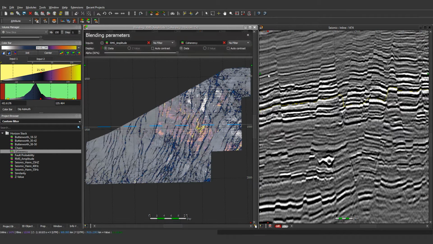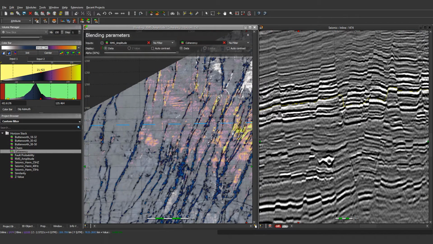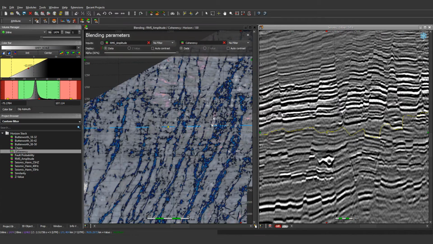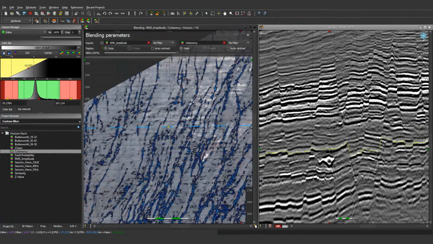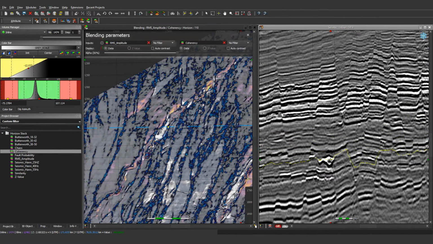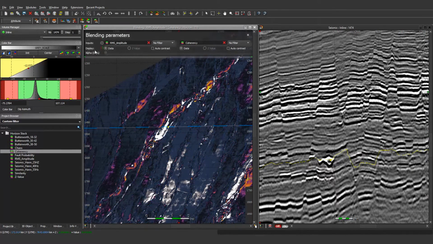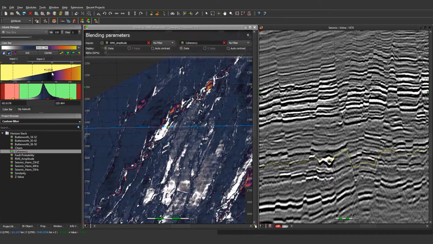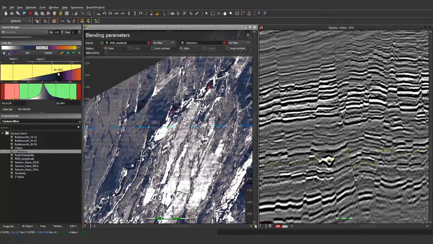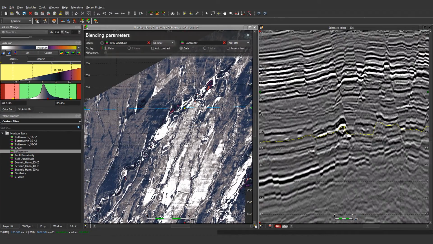Right here, we're going to move the horizon stack directly to the reservoir level, where we slice down continuously to the reservoir level, which is a turbidite channel right here. We can clearly see on the map view on the left that we have a very nice bright turbidite channel made of sands in this specific zone, which is crossed by major faults, which can definitely be enhanced by the coherency attribute.